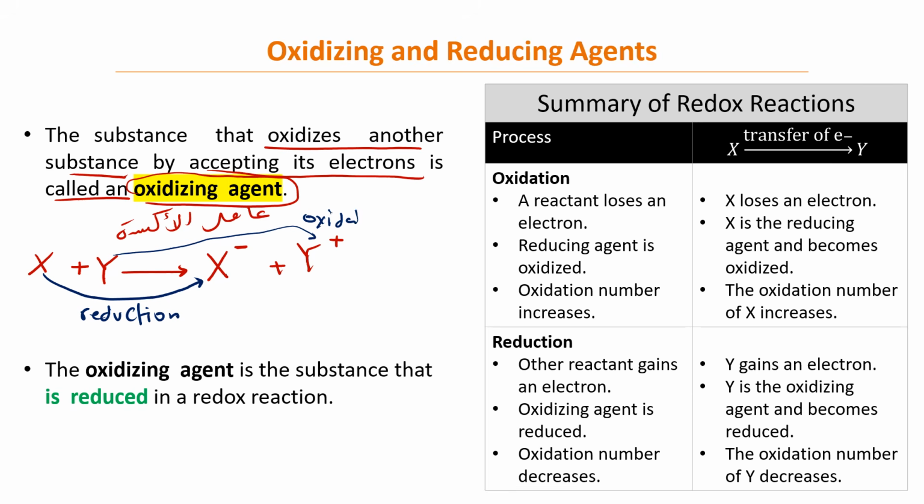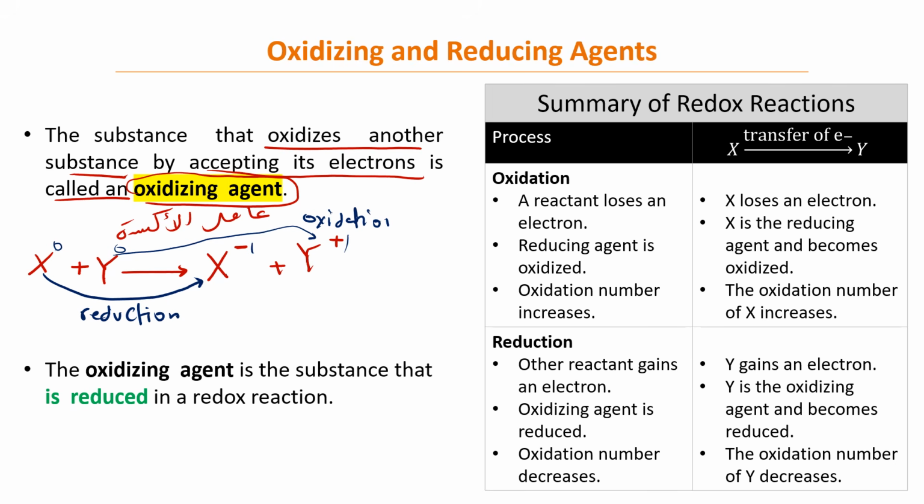Oxidation. And the oxidation number changed from 0 to +1, increased for the X, and for the Y from 0 to -1, decreased, right? So because X will accept electrons from Y, it will cause Y to be oxidized. يعني X راح تسبب أكسدة الY. ليش؟ لأن ال X اكتسبت إلكترونات من ال Y.